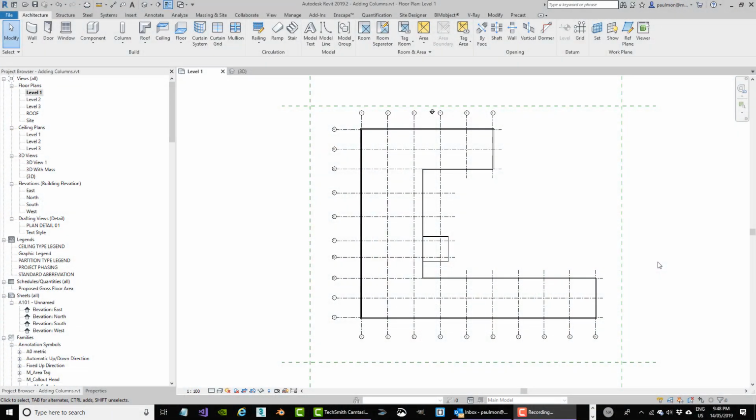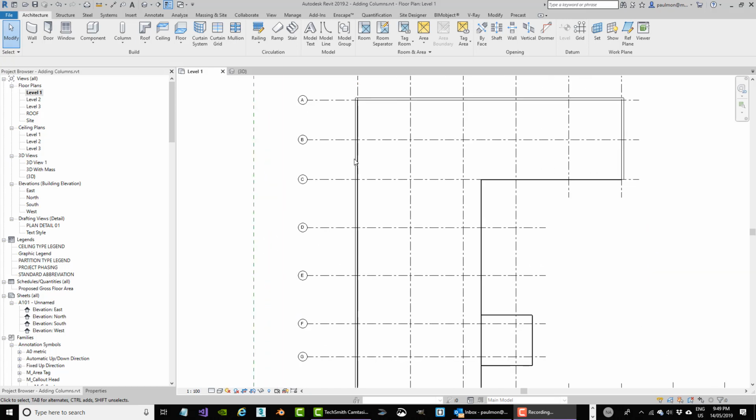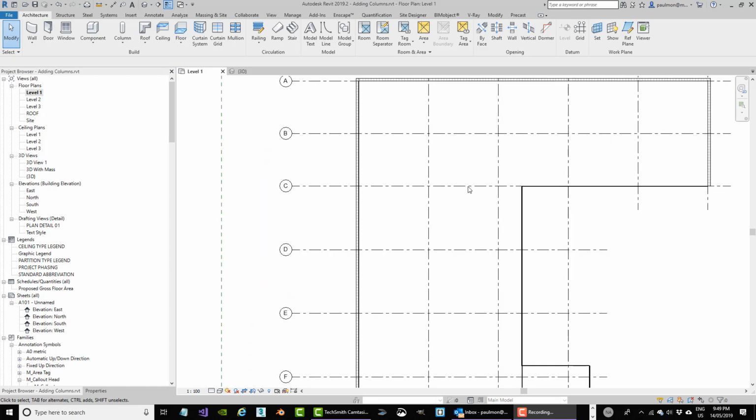Now, in this exercise, we're going to place columns in our model. We created some exterior wall and curtain wall without any mullions on the exterior surface of this massing model. And now we're going to continue building this model by placing more structural columns on the ground level. Now, because we don't want any columns on the exterior face of this curtain system, I'm going to create additional